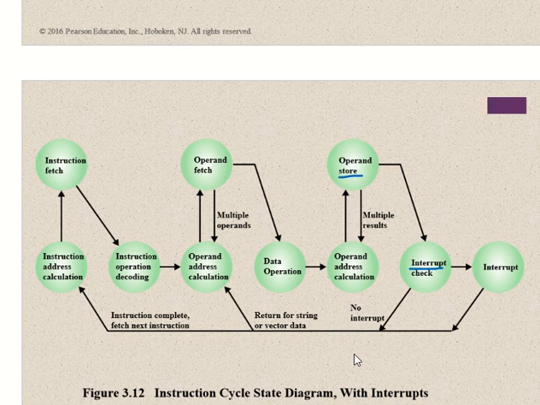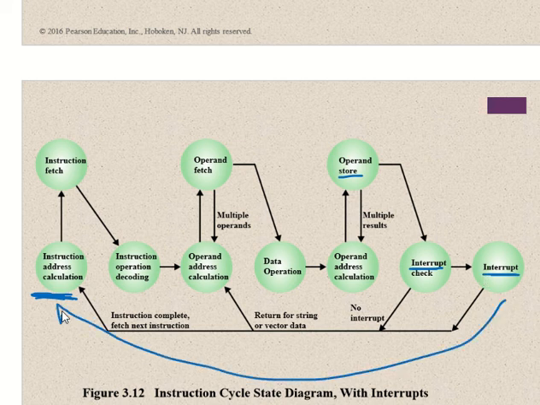If there is no interrupt, of course you go back and do the next thing. If there is an interrupt, then you take the address of the interrupt service routine and execute it.